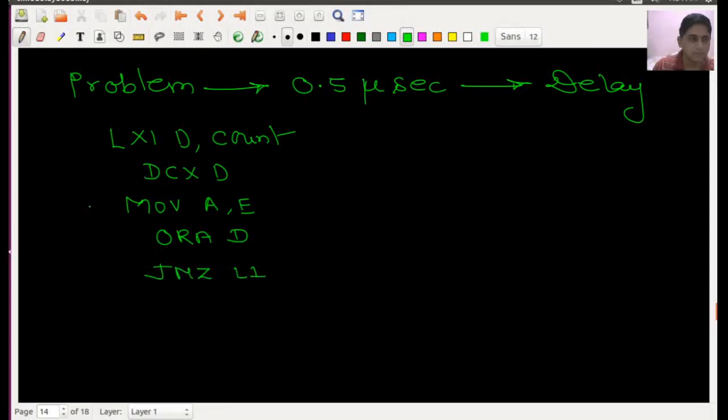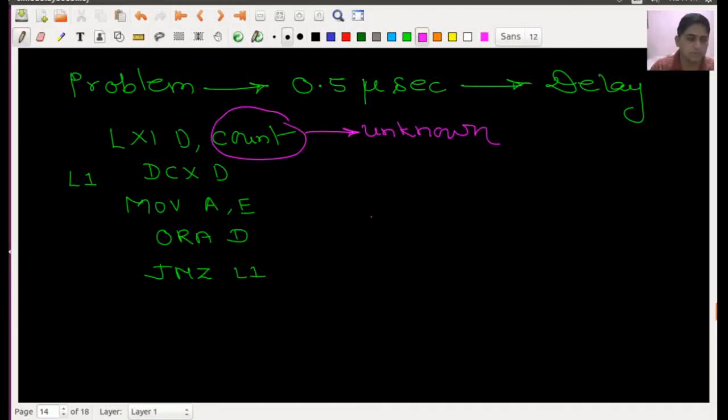So L1 is the loop label. So this loop label is coming here. This value is unknown for me.